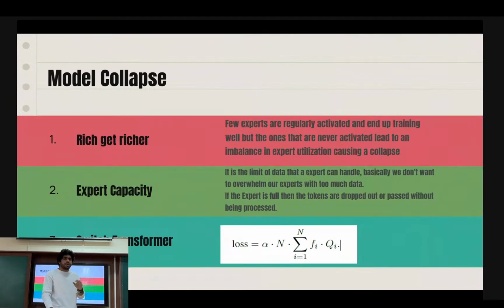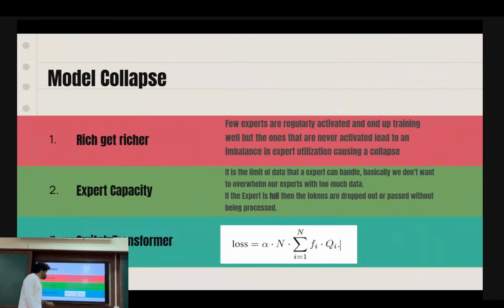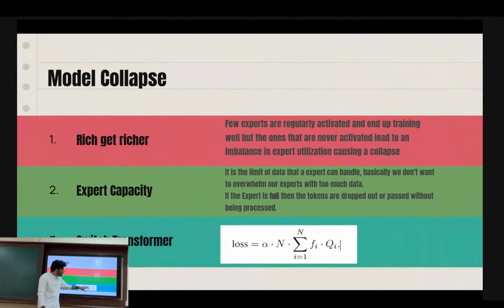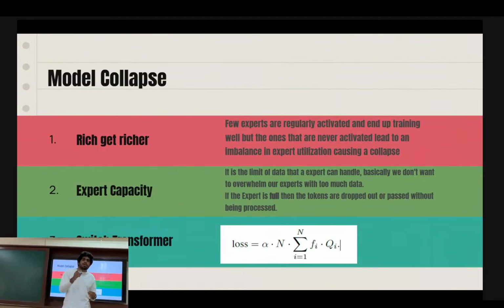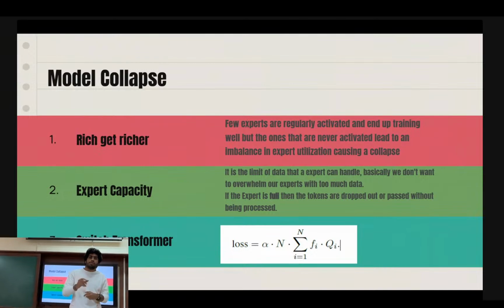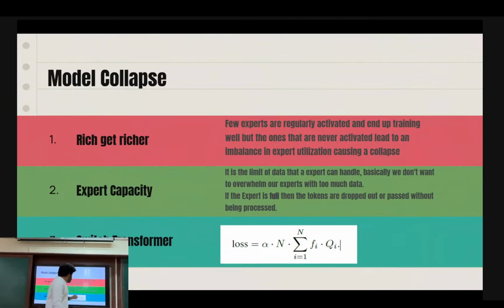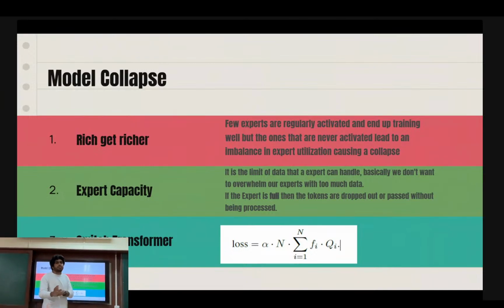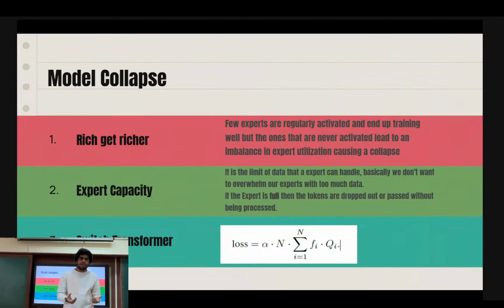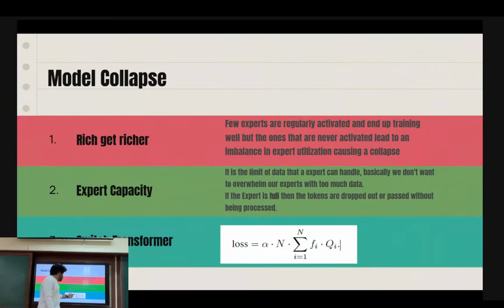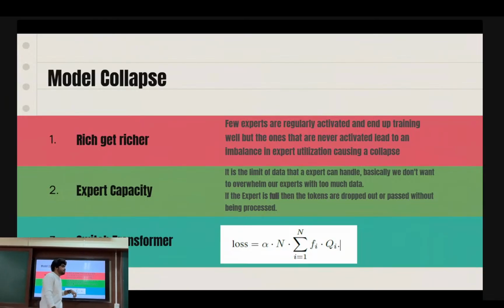Both cases can happen. If you look at the Switch Transformer loss, this is a slightly complex equation. F is the workload of your expert, and Q is how much your model wants to send to the expert, even if it doesn't actually send it there. The product of these two is essentially what penalizes your data, right? N is the number of experts, and